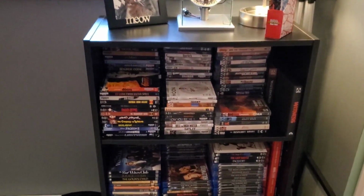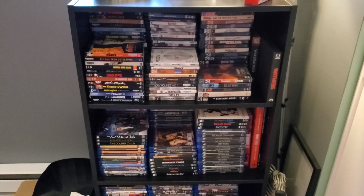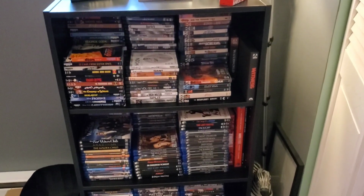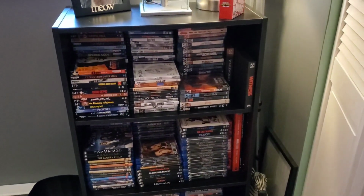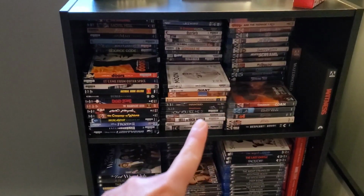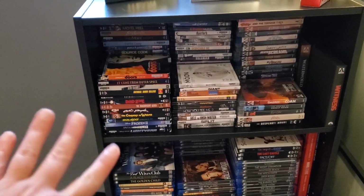Okay. So here is my organization that makes sense to me, because as collectors, we all collect differently and we all display things differently. So here's what makes sense to me. Okay. So with shelf, or I should say display number 1, whatever you want to call it, the first shelf right here on the left-hand side, these are all 4Ks that I have not